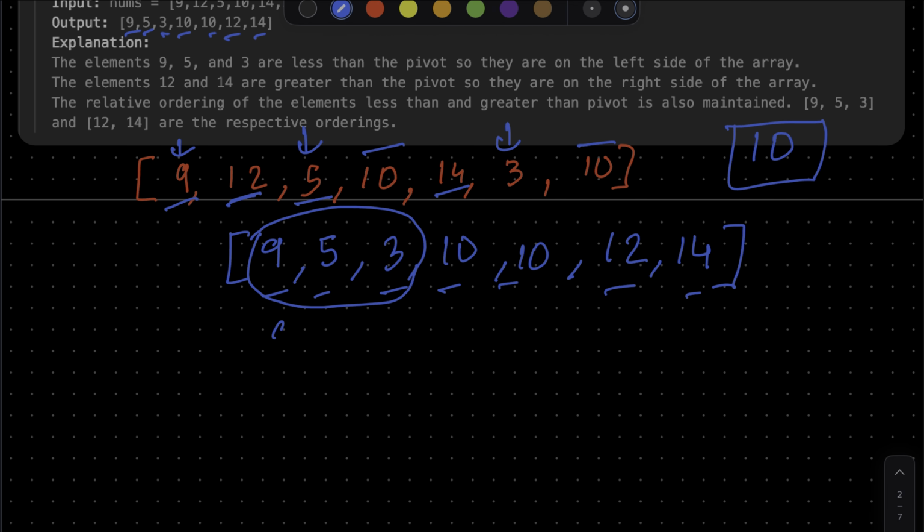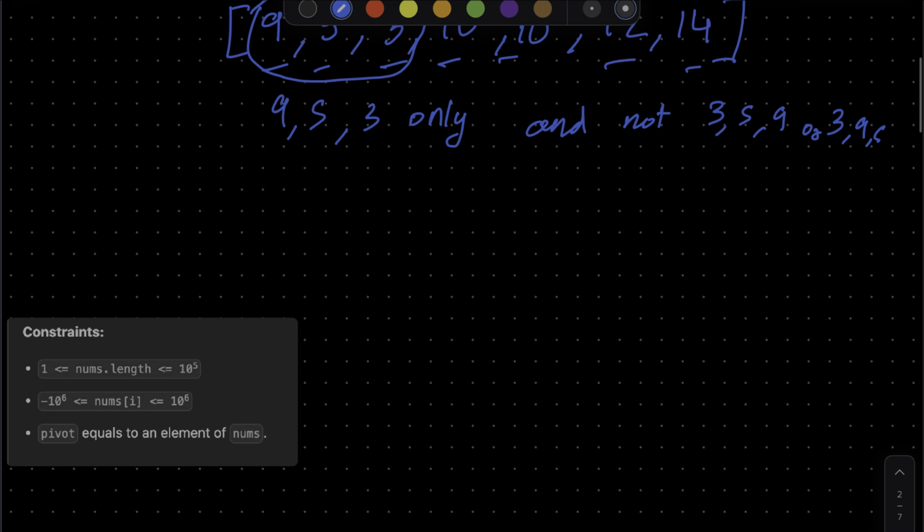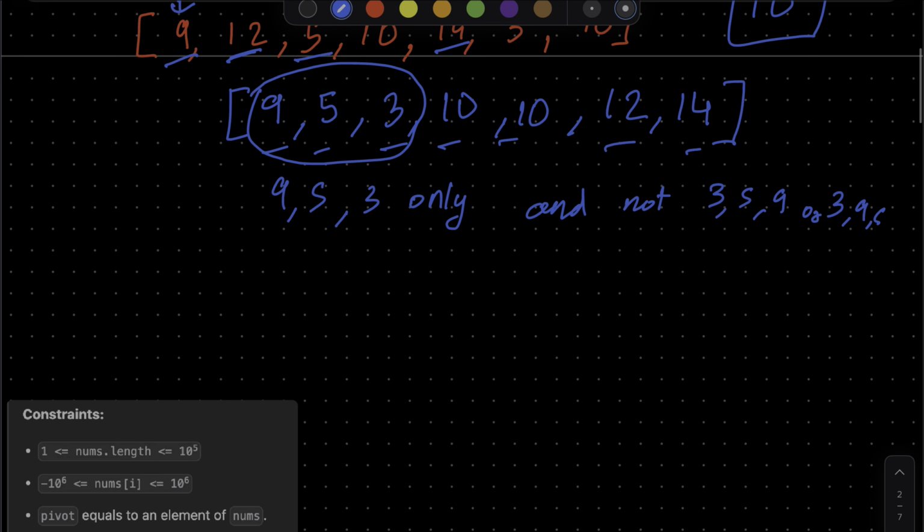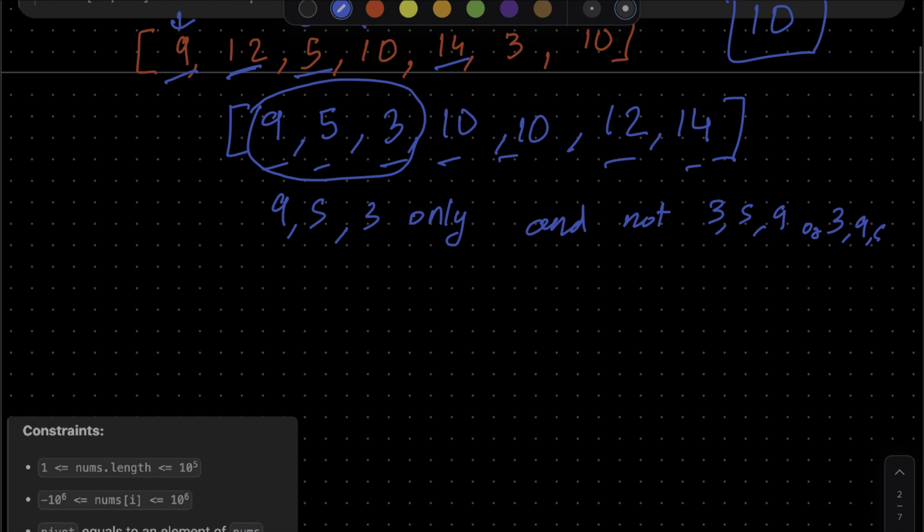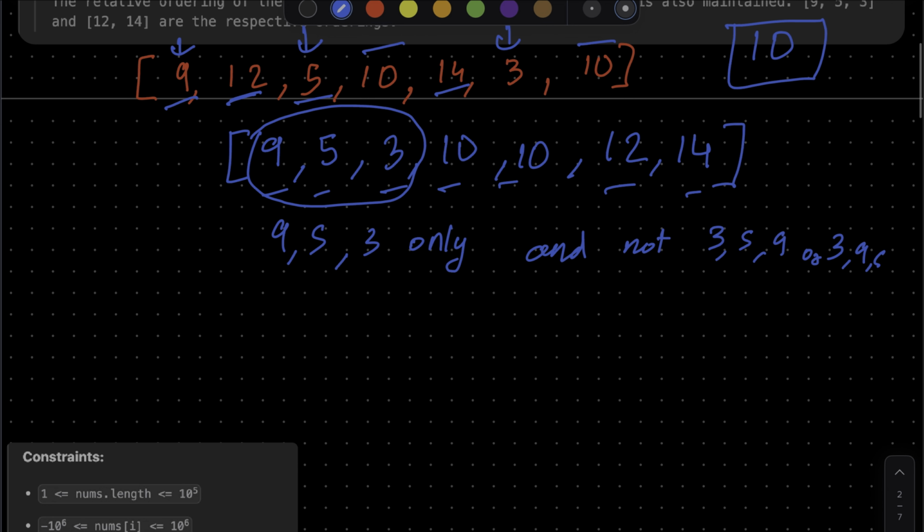We have maintained it as 9 5 3 only, and not 3 5 9 or 3 9 5. So let's also look at the constraints. The nums length, basically this array length,